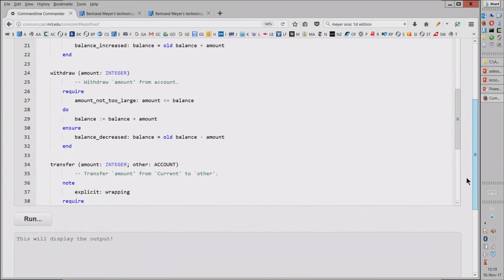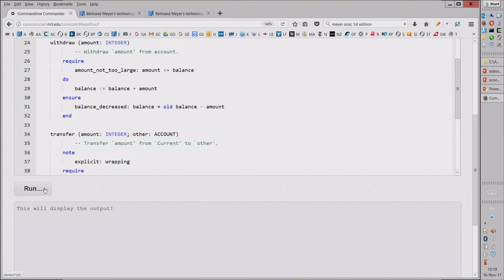So when I click run here, it's very misleading. It doesn't run the program; it runs the verifier. So nothing gets executed, right? Except maybe the PhD student. But other than that, there's no execution, right?